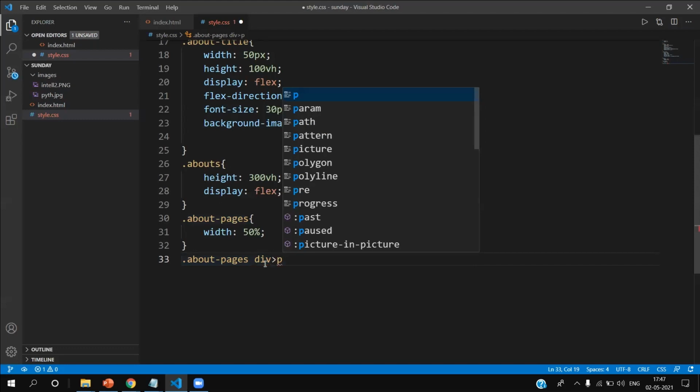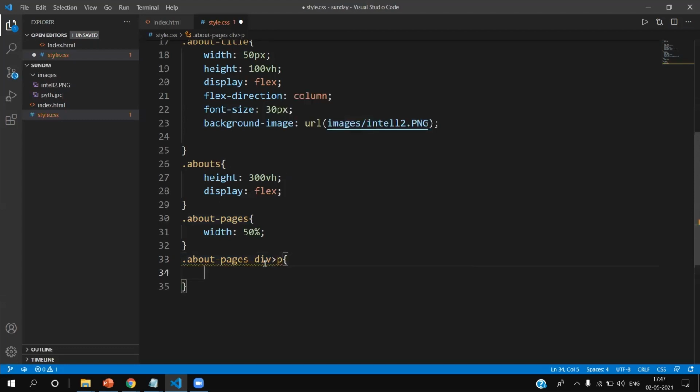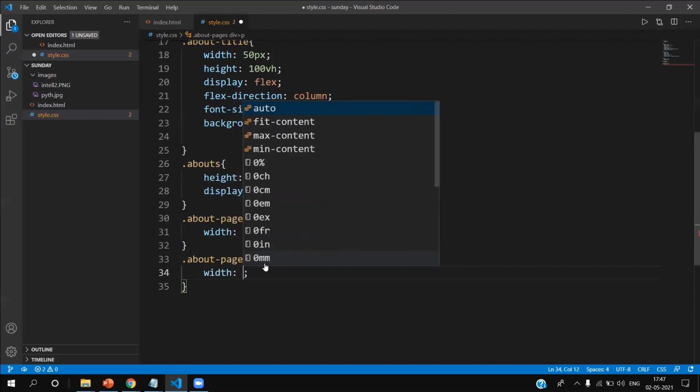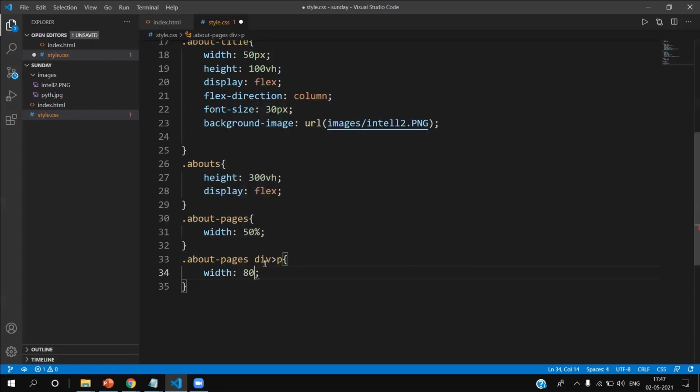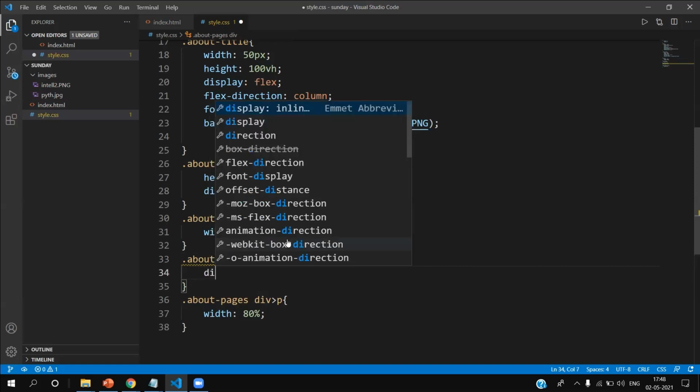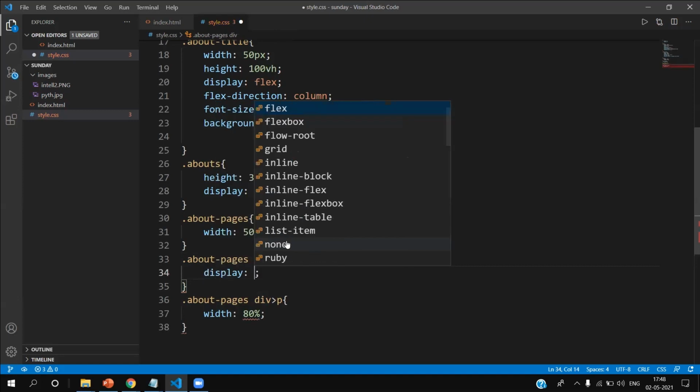So we want them to be of... there's something happened here. I'll tell you. Let's do this about pages div we have used, right? Let's change them. We'll use display for them as well. So display flex for them.